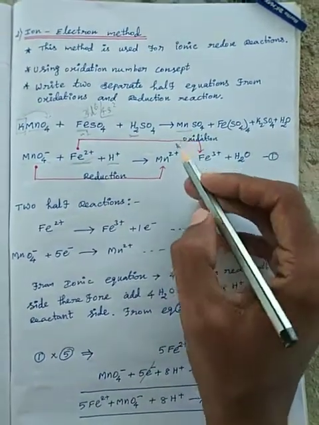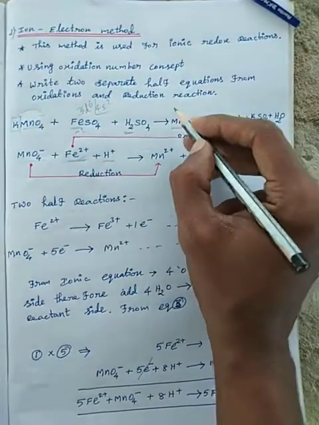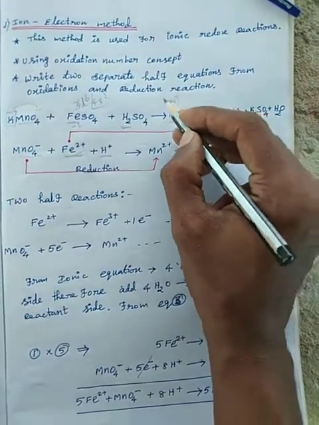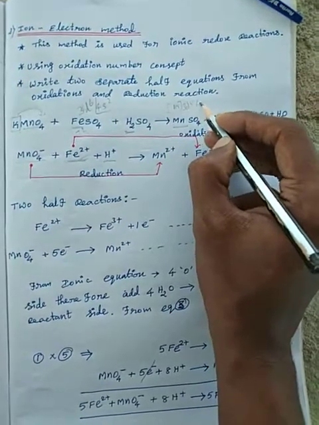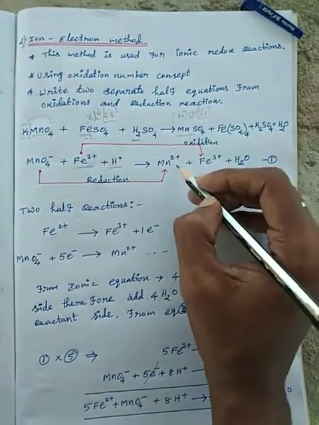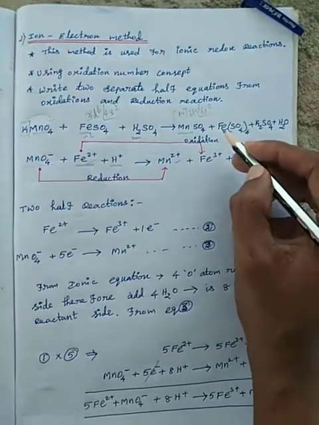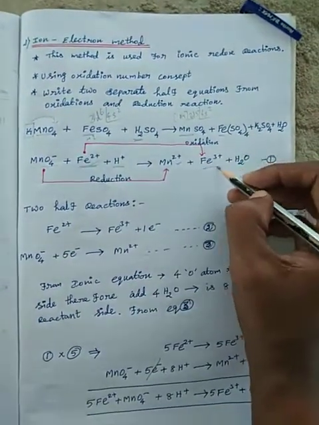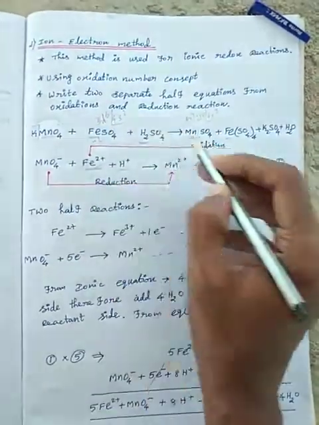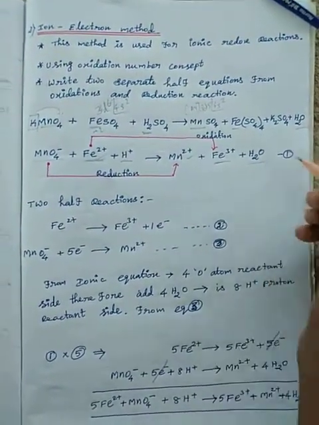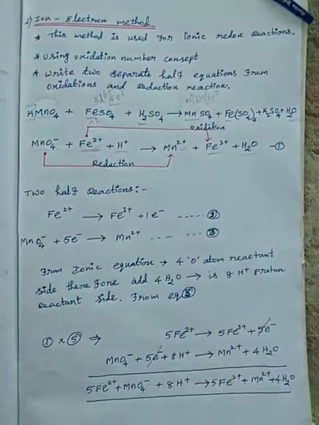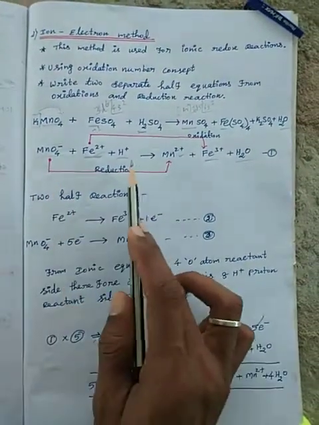And manganese, how do we identify it? Argon 18 and next 3d5 4s2, so 2 electrons only lost, so Mn2+. And next here also 1 more electron lost, 3d6, again 1 electron lost, so Fe3+. And the product is water molecules: the protons are converted to water molecules. So the half reactions will be written.